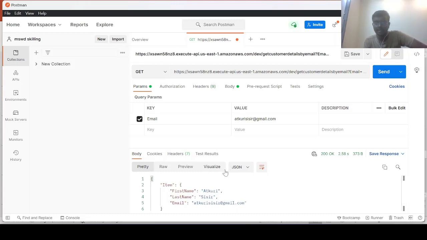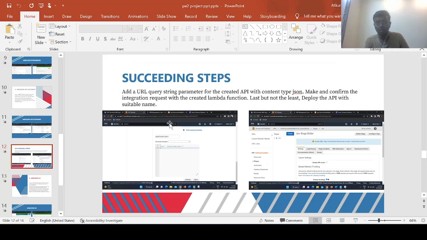After clicking send, as you can see, this is the data that is displayed. This is the data that I have stored in DynamoDB table and this is being displayed. So we can successfully say that the Lambda function we created and the API Gateway we deployed are working very fine. Now the final step